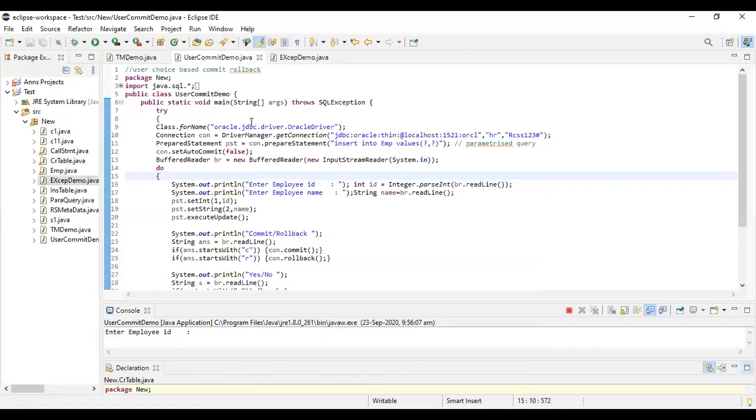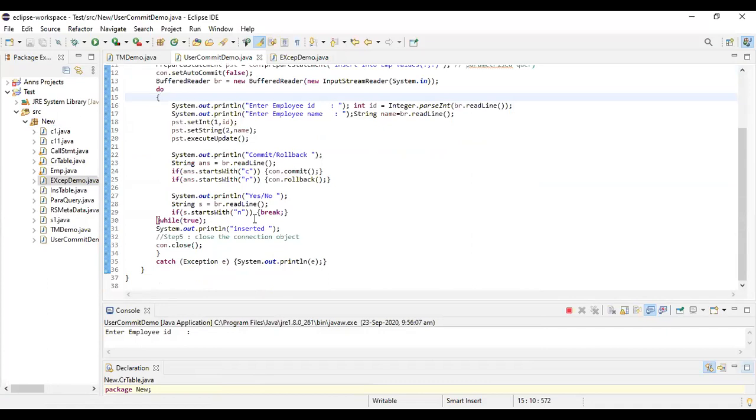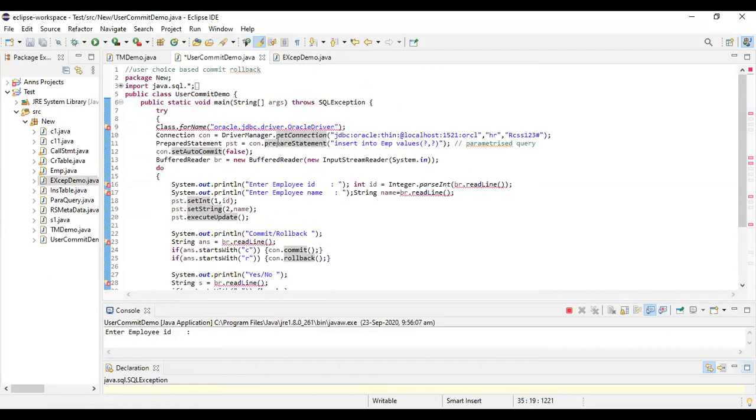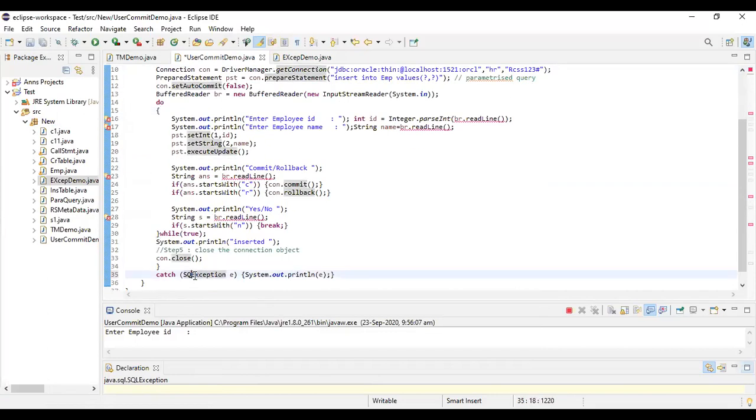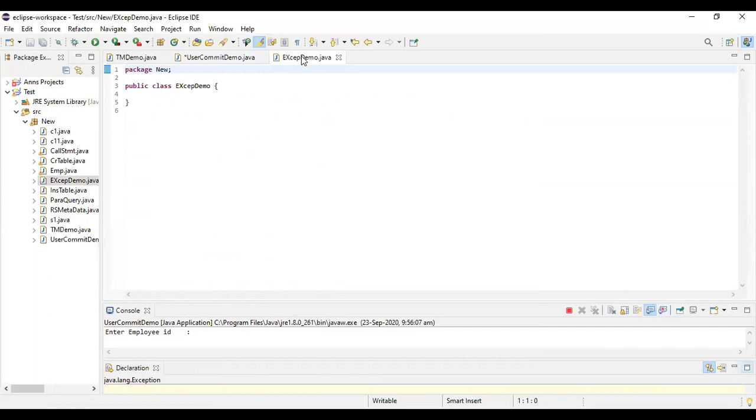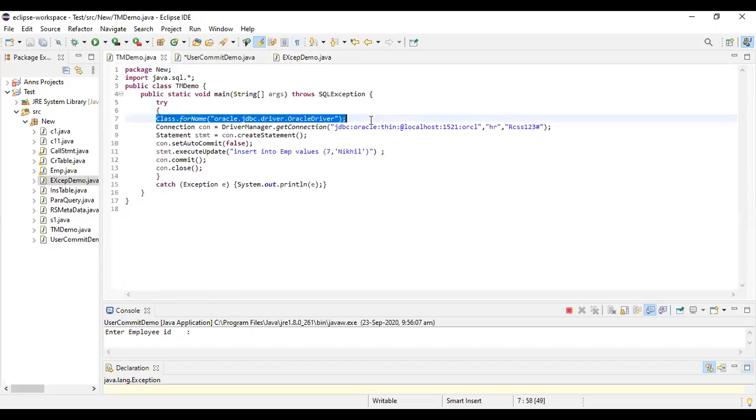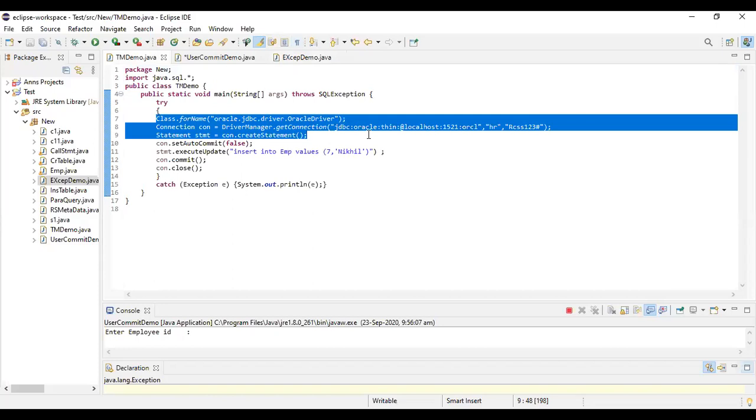See, in all your normal programs, what we did is, we went very general. We went for Exception. You can very much give over here SQLException also. And I'm getting an error because I've already thrown SQLException over here. So without throwing that, you can give SQLException directly over here. Anyway, we will see the exception demo over here. I'll just copy paste these statements.